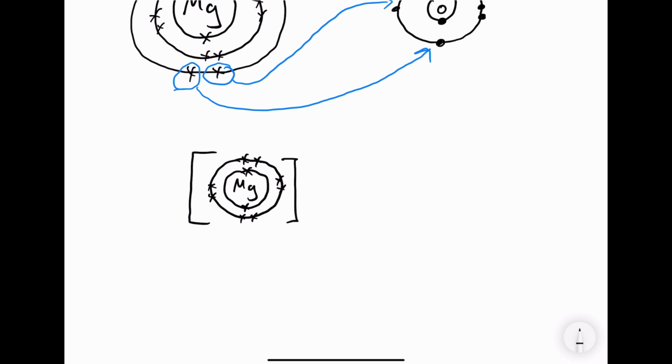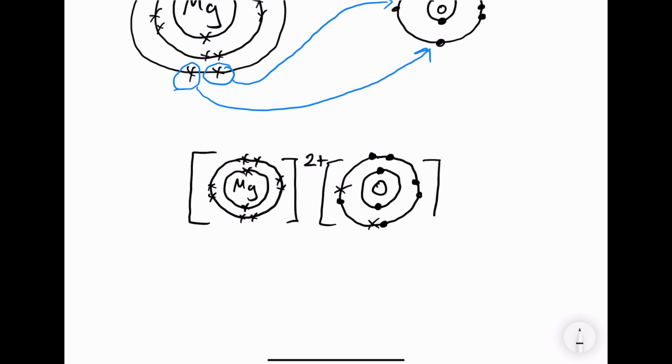And it has a charge of 2 plus because it's lost 2 electrons. And then we're going to draw the oxygen ion, or the oxide ion. And we're going to use crosses to represent the electrons that came from magnesium. And this oxide ion will have a charge of 2 minus because it's gained 2